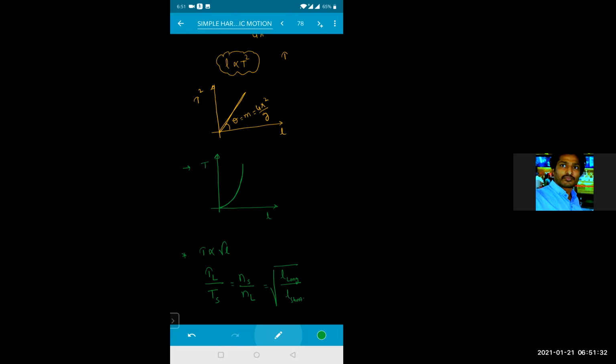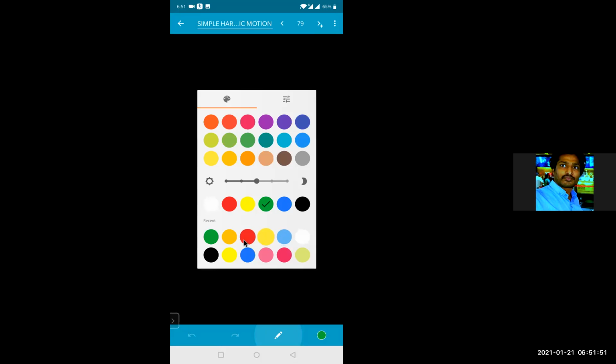Okay. So T is directly proportional to your root of your L కాబట్టి. So what is the oscillations on that one means oscillations of the shorter one divided by oscillation of the longer one will be equal to under root of length of the longer one divided by length of your shorter. Okay నా? Yes, sir. Okay, example is done. We will get a clarity on this one.